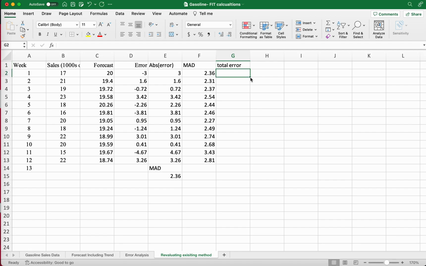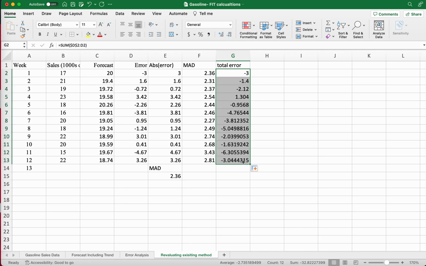So this is something that we have to calculate. Total error is just a running total of the error, including the sign. It is the sum of all the errors starting from this point. So it's a running total. I'm going to use the usual running total idea. You start at the number and end at the same number, but the first one is an absolute value. So you're plugging in the beginning of your formula here, but your ending formula will change. You're adding up your total errors, all the error up to this point,